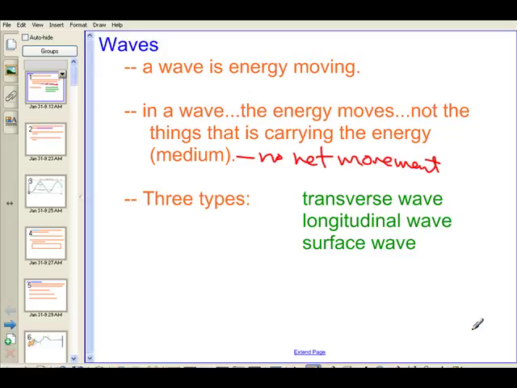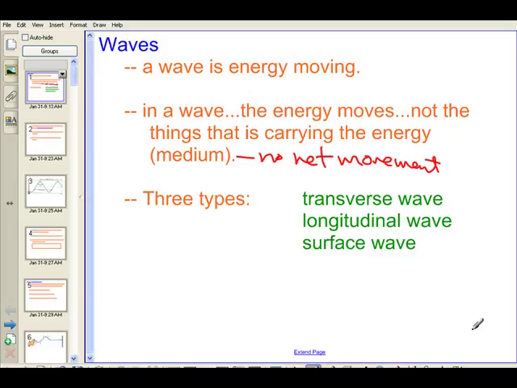Medium, in other words, what we're saying is, if I plunk down a rock here, or put my finger in the water here, the wave moves out there. Now, is the water that's underneath my finger moving and carrying that energy way over there like convection does? No. The wave moves. The energy moves through the wave. And we can especially see that when we start talking about our springs.